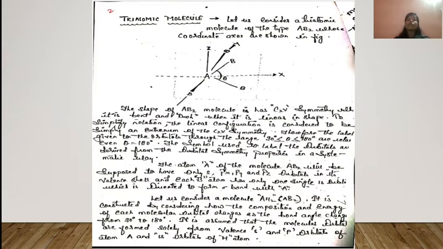Now we are taking an example of the AB2 molecule. It is also a triatomic molecule, and here we are discussing how the energy changes by bending the molecule from linear to bent, that is from 180 degrees to 90 degrees. So the AB2 molecule diagram is constructed by considering how the composition and energy of the molecular orbitals change as the bond angle changes from 90 to 180 degrees.